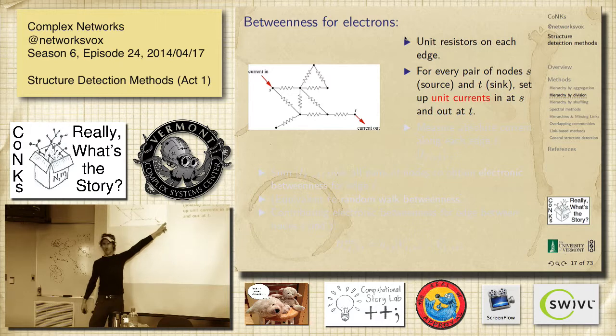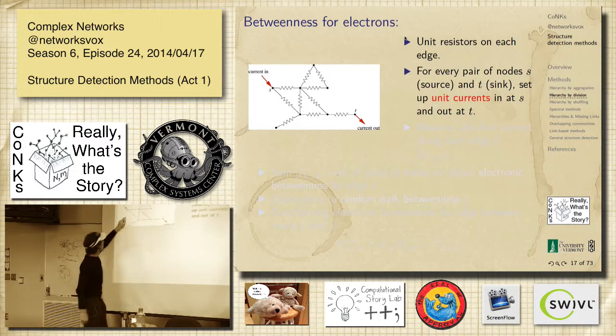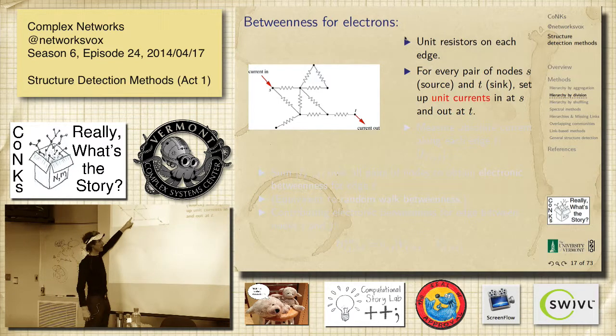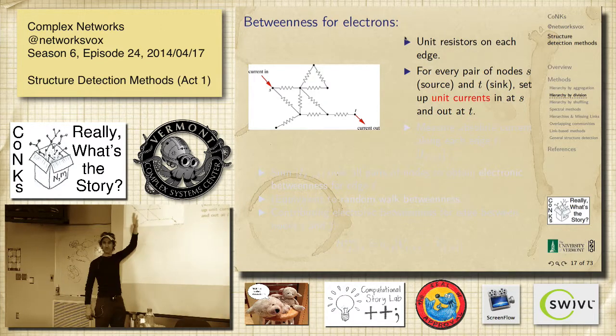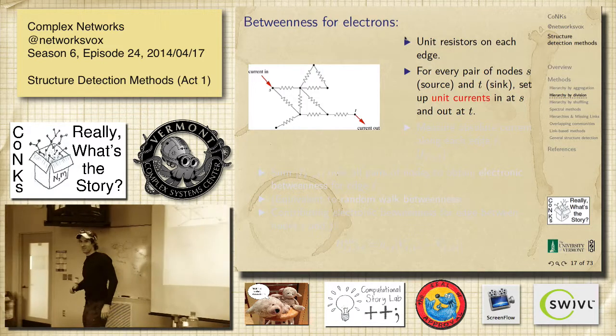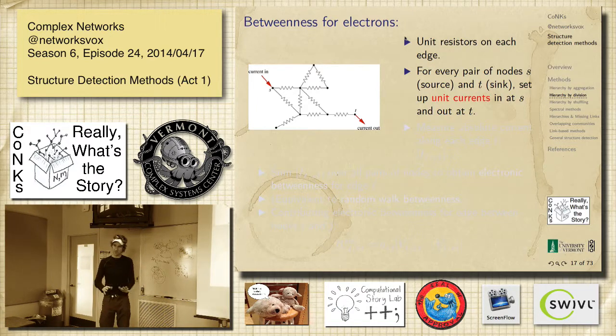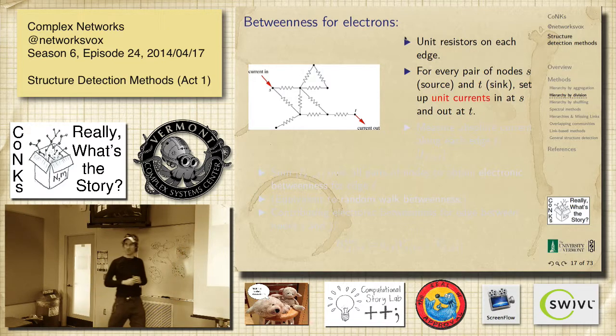So we're going to do it for every start, S and T, start and terminus. S and T, this is the first one and the last one. We'll take every pair, and for every pair you'll find a current running along one way or the other, and then add all of those currents up, and that'll be an electronic betweenness score. A little bit crazy. So electricity takes a more circuitous route, right? And it turns out, well, I'll say this, it does exactly what random walks do, which is kind of weird. So the same mathematical result.